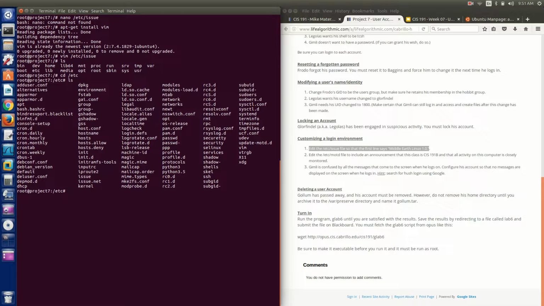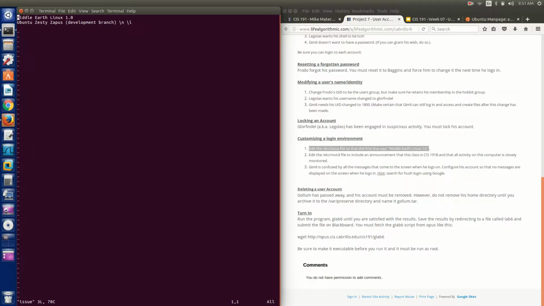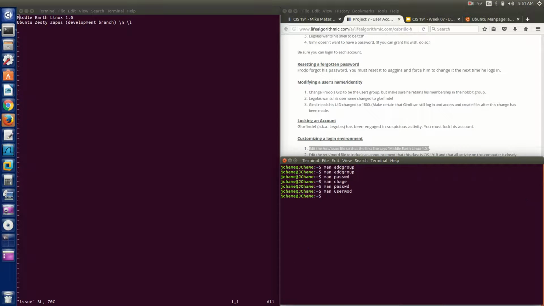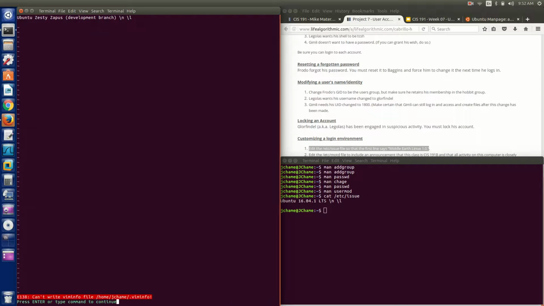I just don't know enough about these containers. Vim issue. So maybe it did it in this container because it's in there. Let me pull up this guy. Cat Etsy issue. Totally different. So I'm not really sure what that warning was. But anyways, not really apropos to